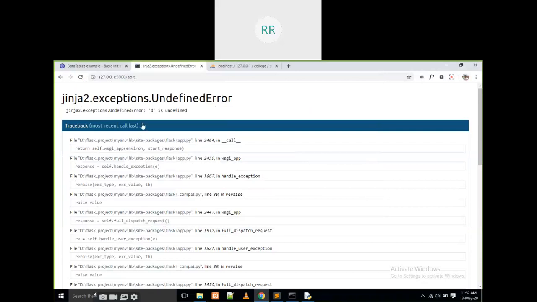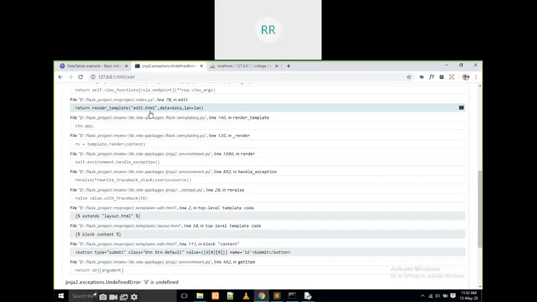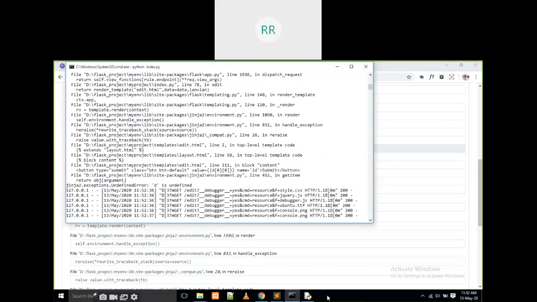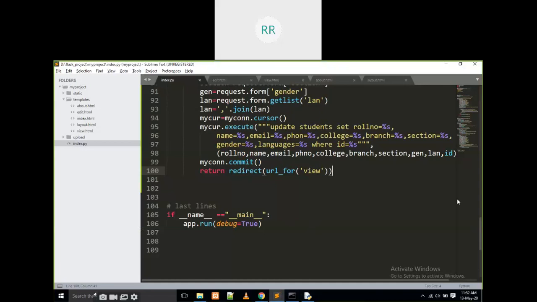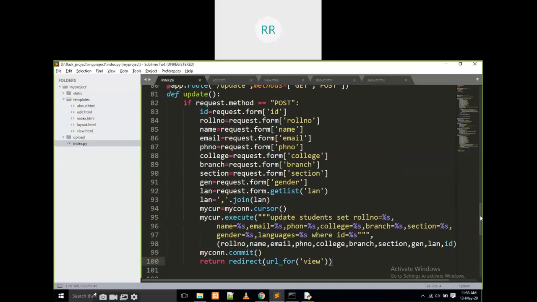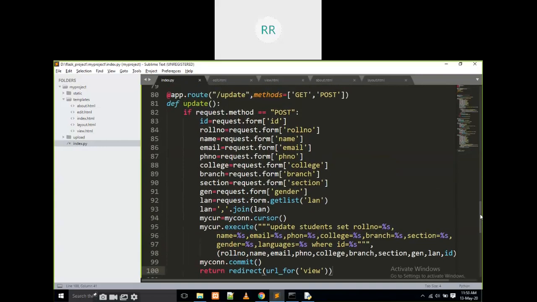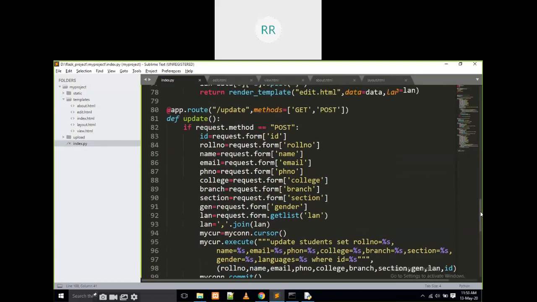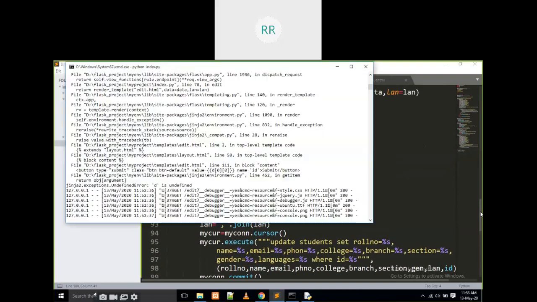What is D here? What is D? D is undefined.